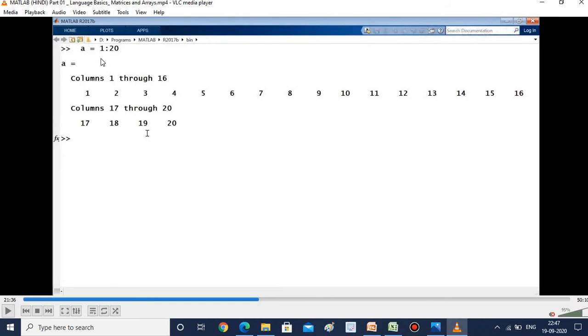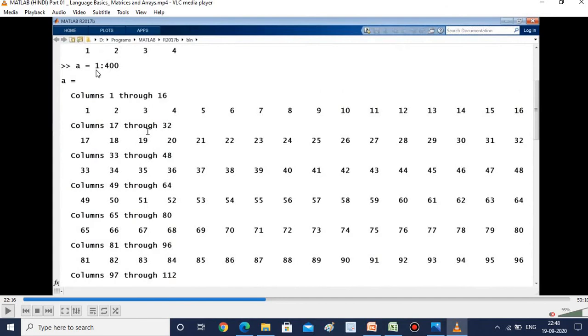Now the importance of colon. Just now you learnt semicolon. Generally in MATLAB, colon is used for "to", from where to where: the starting index and ending index, 1 to 20. So it has taken the gap space by itself: 1, 2, 3, up to 20. We have mentioned only the starting index and ending index; in between I didn't say anything. In the next one I am going to give it.